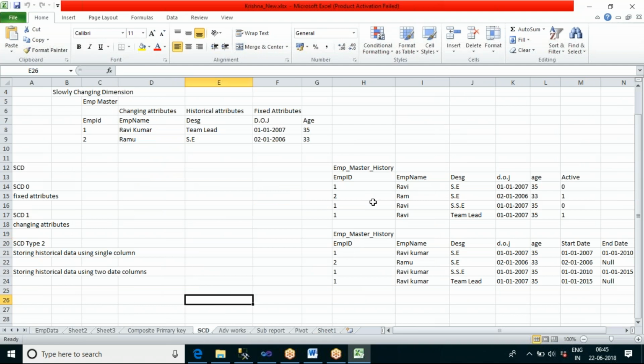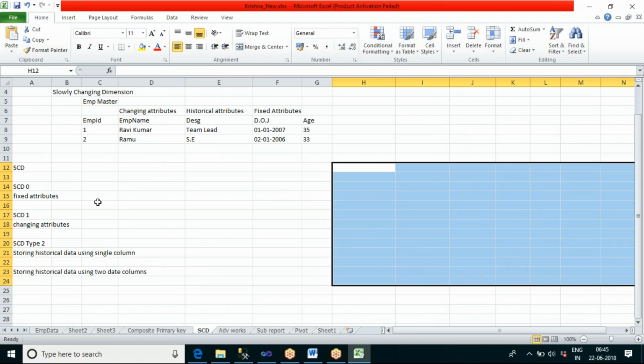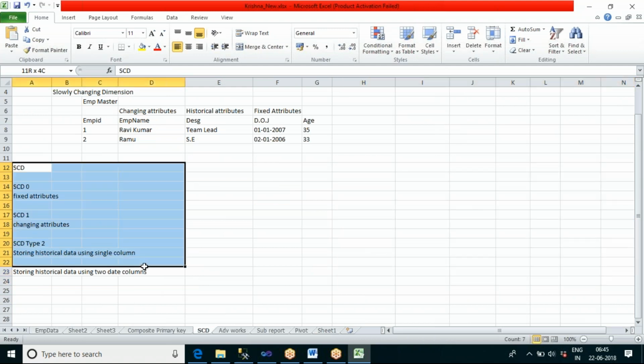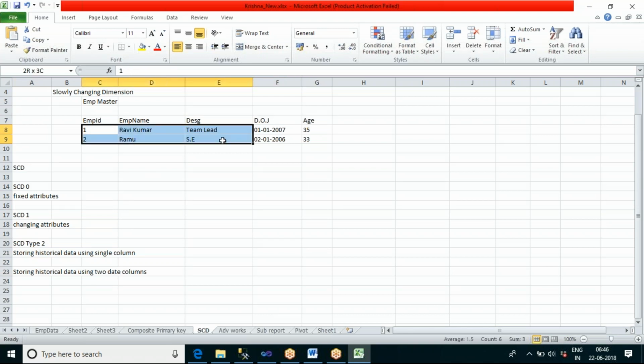So this is my employee master table, in which I have column names like employee name, designation, date of join, age fields, and some employee details. Let us say two employee details. At the time of joining, both joined as software engineers.